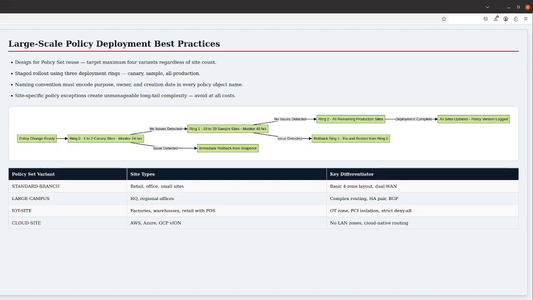The first best practice is to design for policy set reuse from the beginning. Every organization has a temptation to customize policies for individual sites. This branch needs a special rule because of this specific application. Resist this temptation strongly. Every site-specific policy exception creates a divergence from the standard policy set that must be maintained,